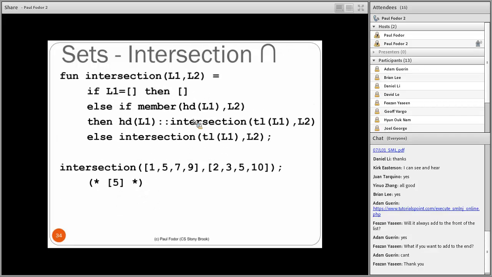Intersection. Intersection is the set of elements that are in both sets L1 and L2. So for instance, if one of them is empty, like L1 is empty, then there is no element in the intersection, because the intersection contains elements that are in both. If the head of L1 is a member of L2, then we return the head of L1 cons the result of the intersection of the tail of L1 and L2. So head of L1 is already in L1, if it's also a member of L2, and we implemented member 3 pages ago,